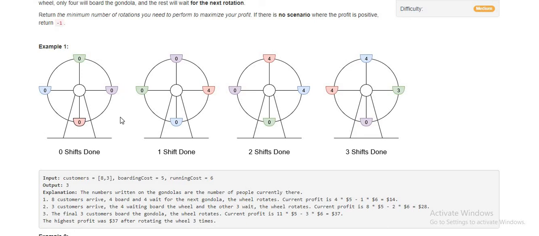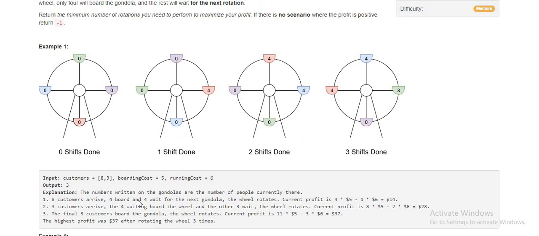So basically there is a Ferris wheel, and it has a sitting capacity at four stages. You can see here 1, 2, 3, 4, and each of the gondolas or seats or compartments has the capacity of four people, like four people can board and sit. When this wheel rotates, for each of the operations, it is shifted by 90 degrees, or 180, or 270, or 360. Okay, so for each of those rotations, it